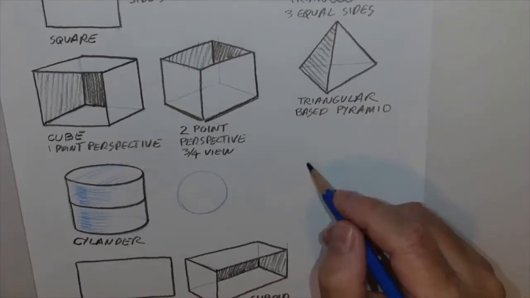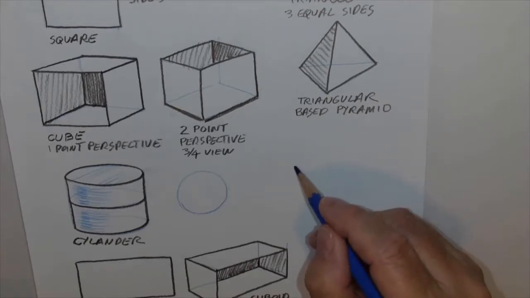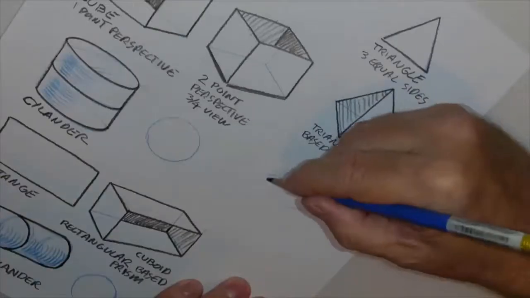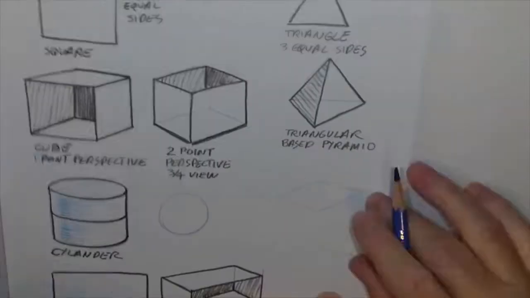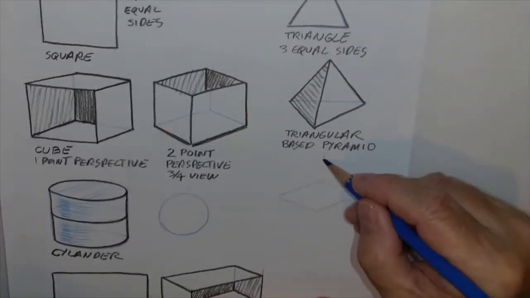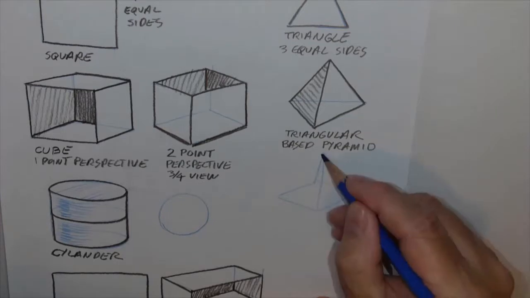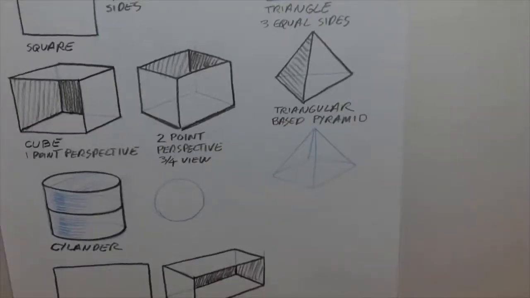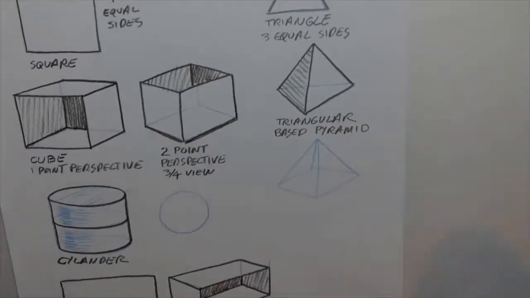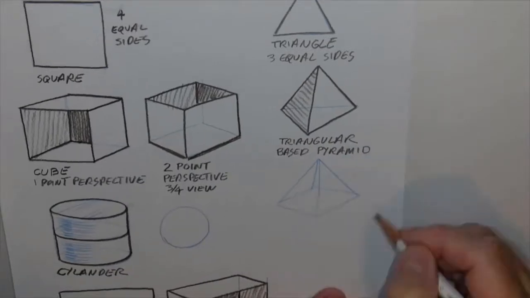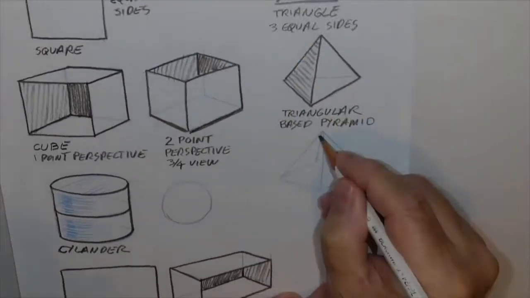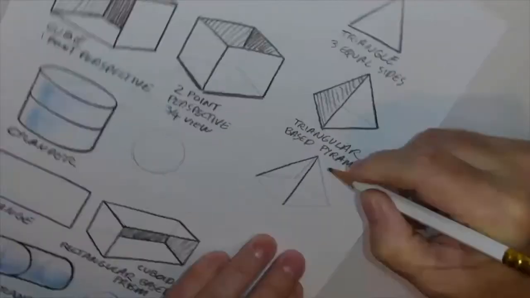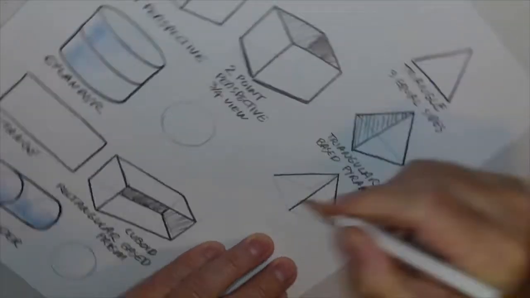So here I'm going to do a square footprint. And the same idea, we're going to do a point above and bring the line down. So, not quite accurate, but we can see there's 4 sides as opposed to 3. And now if I just draw the lines that the viewer would see,